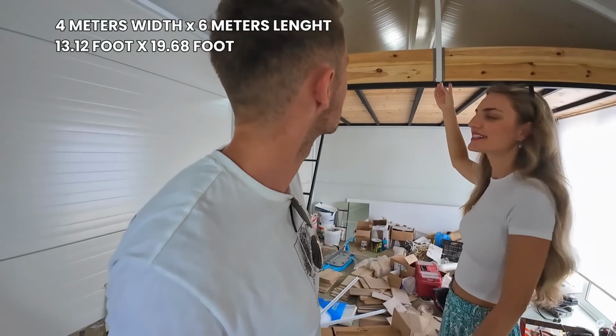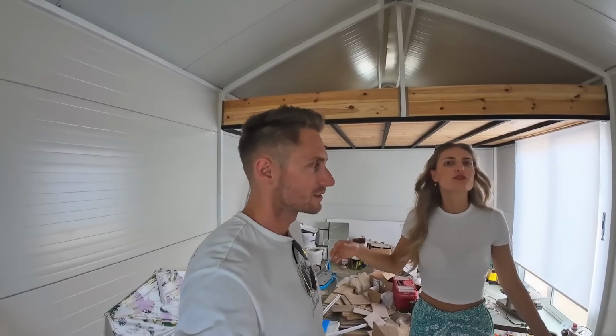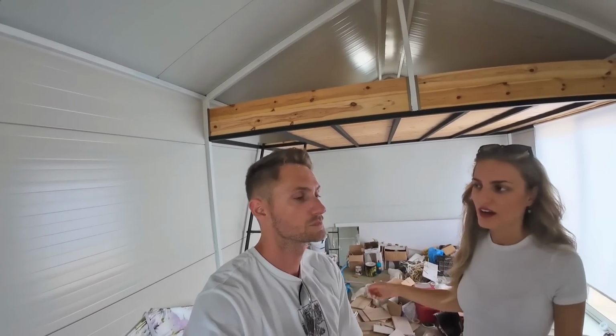I have many customers. But I like this idea. I think it's nice for an Airbnb. Yeah, for an Airbnb to stay a day. Great. And if you put a lot of windows or you do the A shape, that is very good for a guest house, or a holiday house. If you already have a house and land, you can put this in the back of